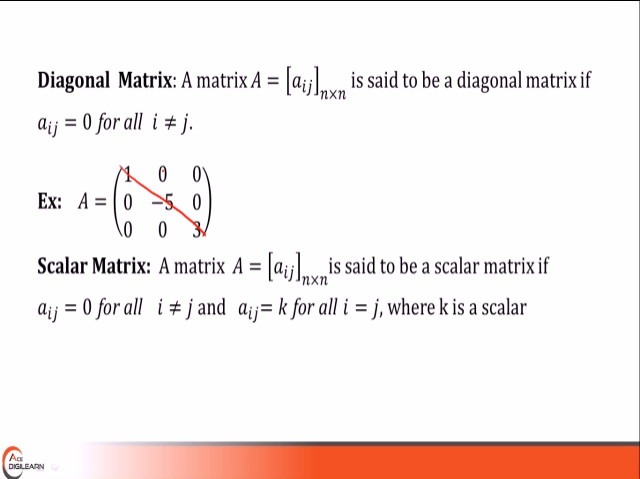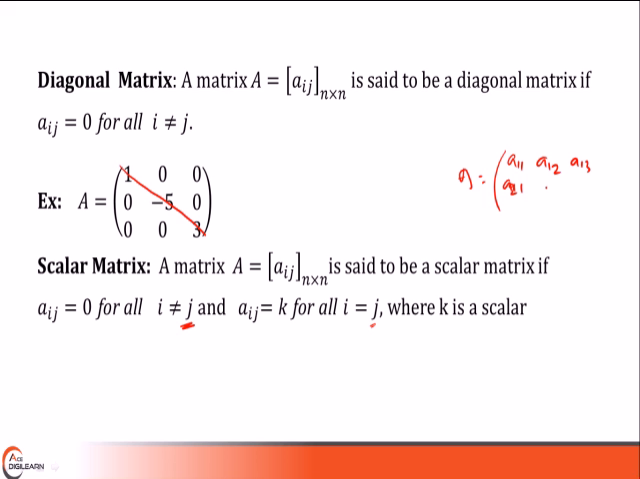Next coming to scalar matrix, a matrix A equals to [aij] of n by n is said to be a scalar matrix if aij equals to 0 for all i not equals to j and aij equals to some scalar k for all i equals to j. So as we discussed earlier,